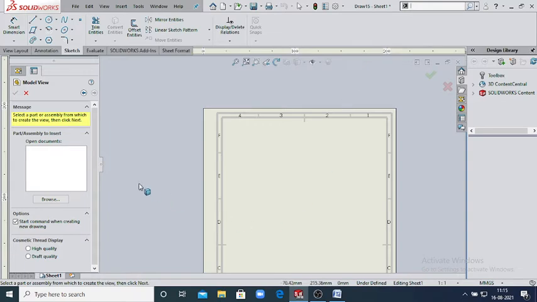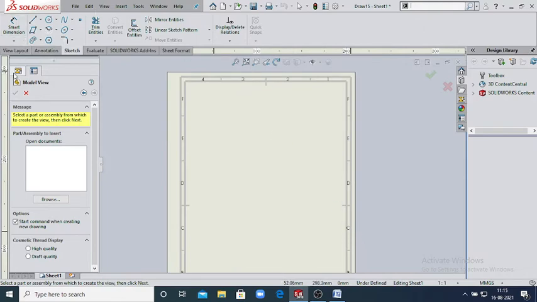And this left side is your feature manager design tree. The feature manager design tree on the left side of the SolidWorks window provides an outline view of the active part, assembly or drawing. This makes it easy to see how the model or assembly was constructed, or to examine the various sheets and views in the drawing.